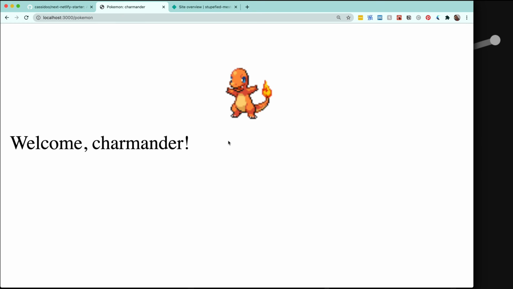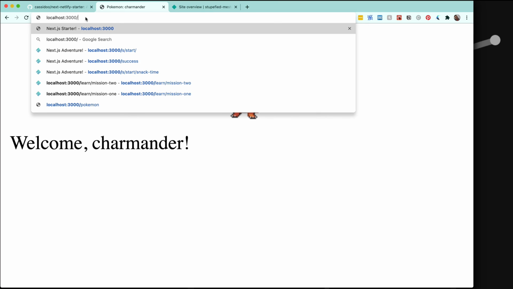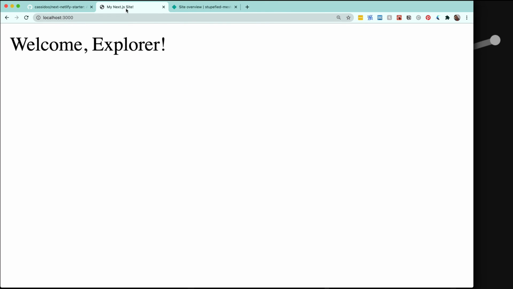If I were to look at this in the browser, you can see that on this Pokemon route, the actual title of the tab says Pokemon Charmander. And then if I were to go back to our homepage, it has my Next.js site. And so it's a very simple API, but it's really, really powerful when you think about using it for SEO